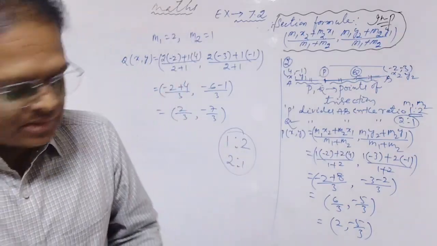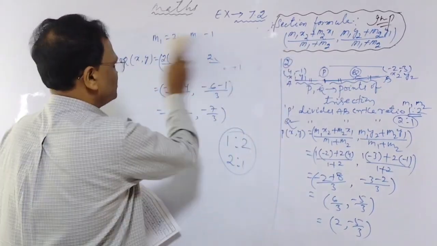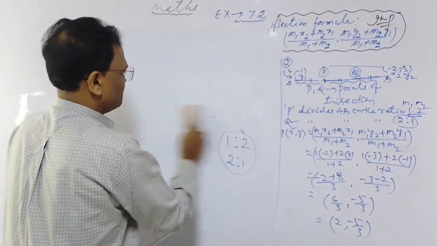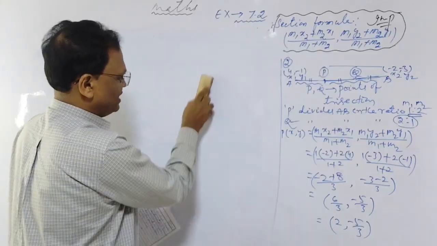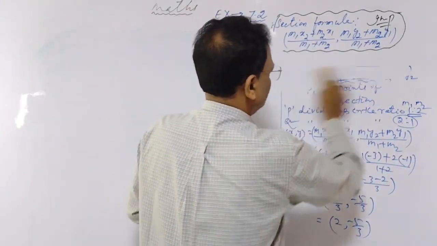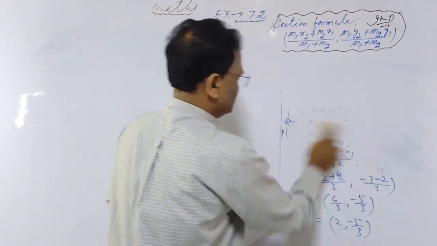Now the third question. So the second question, the points of trisection, is very important. Next, question number 3. So in both the problems I used only the section formula. So you must remember the section formula. Now the third question is